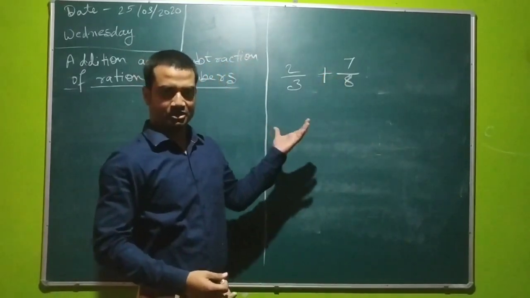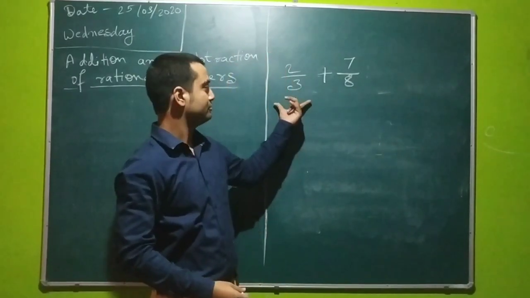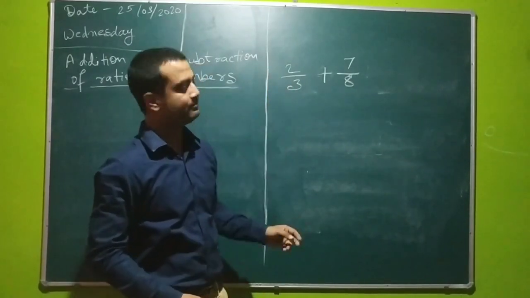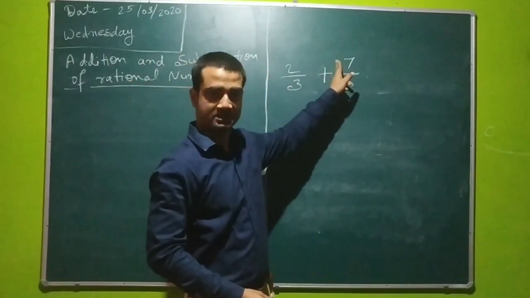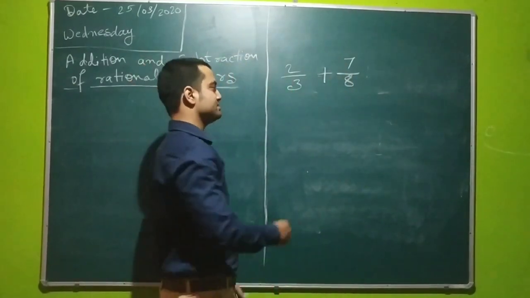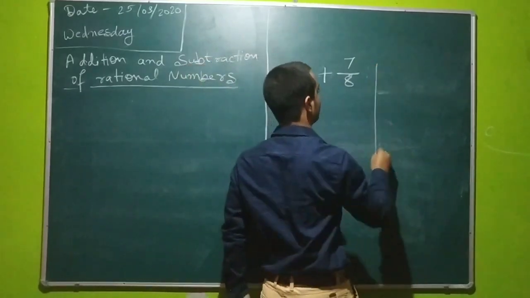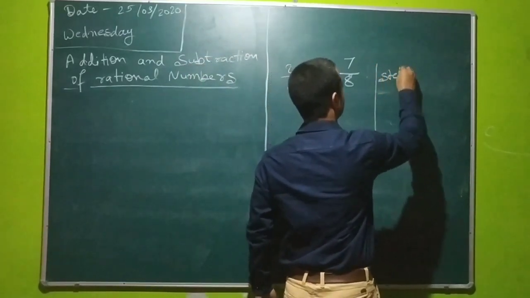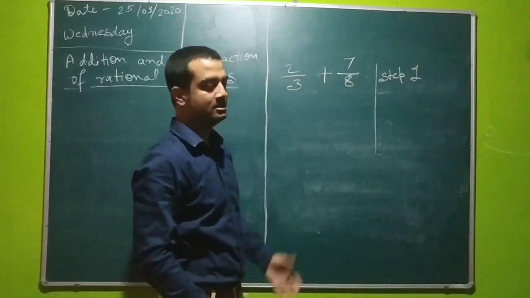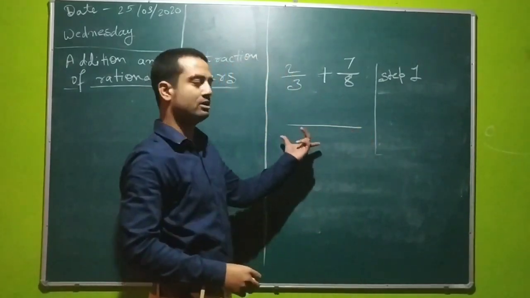since each rational number has one numerator and one denominator. In the first rational number, 2 is the numerator and 3 is the denominator. In the second rational number, 7 is the numerator and 8 is the denominator. Our first step is that we have to take the LCM of 3 and 8. Since the LCM of 3 and 8 is 24, so we will draw a single line like